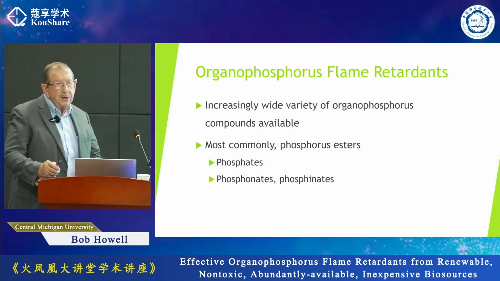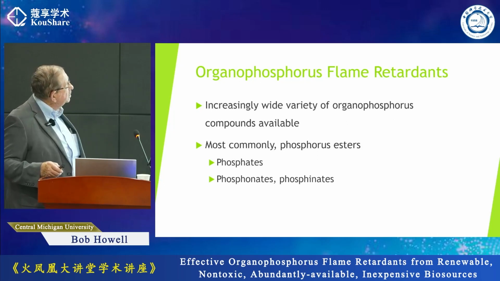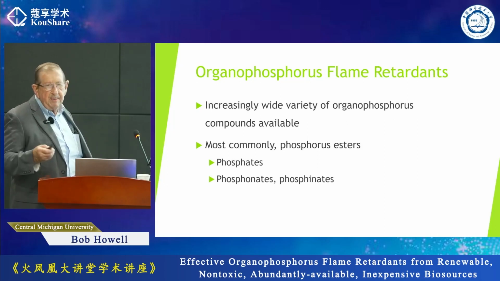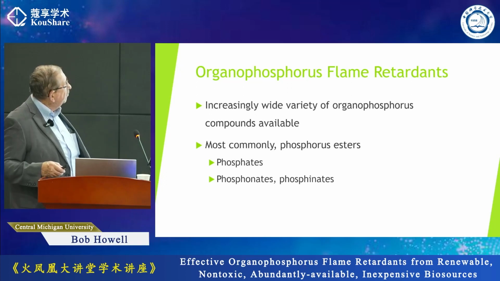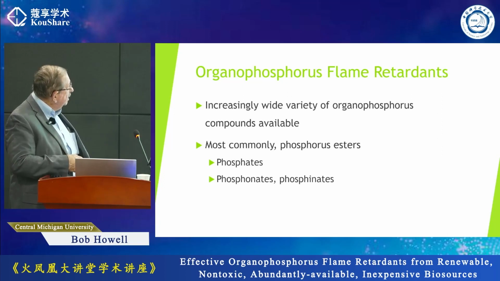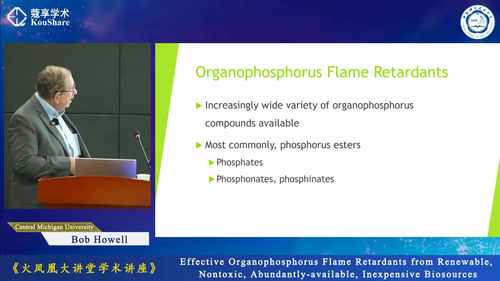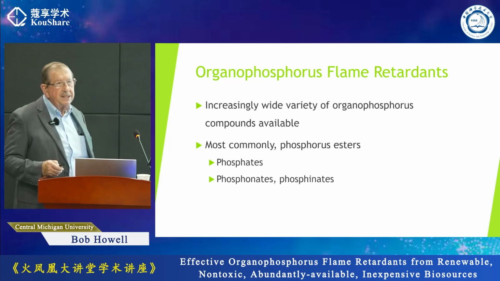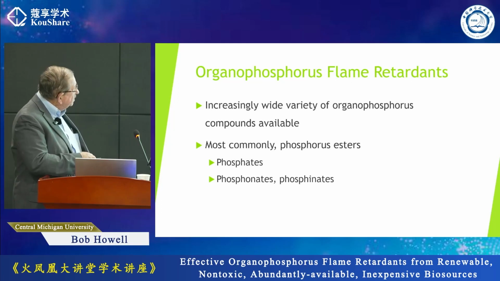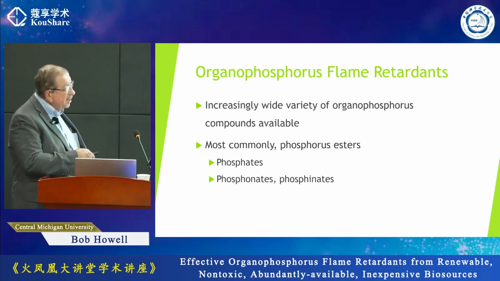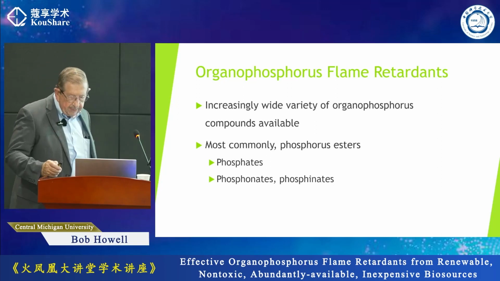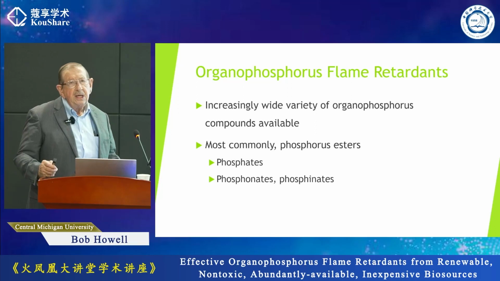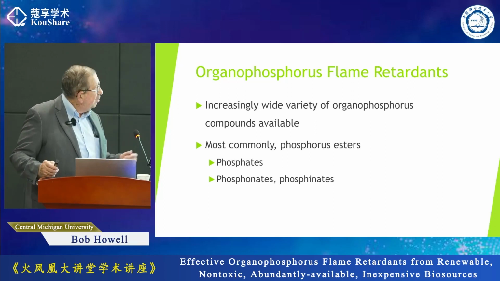The focus on organophosphorus flame retardants is increasing simply because of the need for newer materials. These have most commonly been phosphorus esters. The earliest ones were simple phosphates, but more and more we're seeing phosphonates and phosphonites. A difference is that phosphates undergo thermal decomposition at very low temperature, around 250 degrees, to eliminate a phosphorus acid. Whereas the